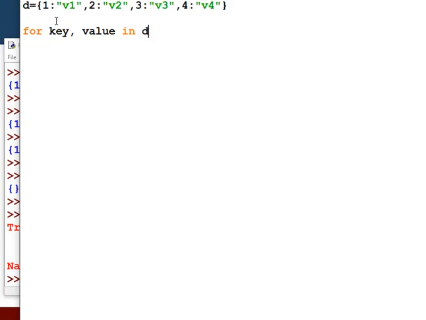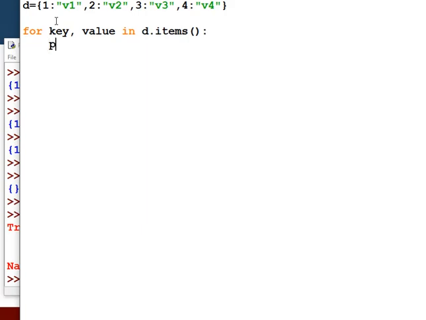So I need to access the items of the dictionary. If key and value exist, then this block will be executed.